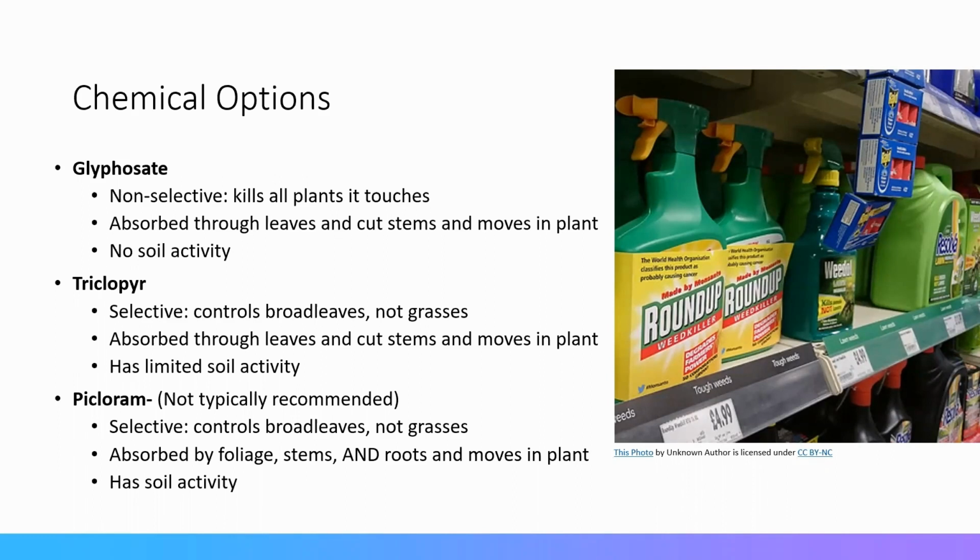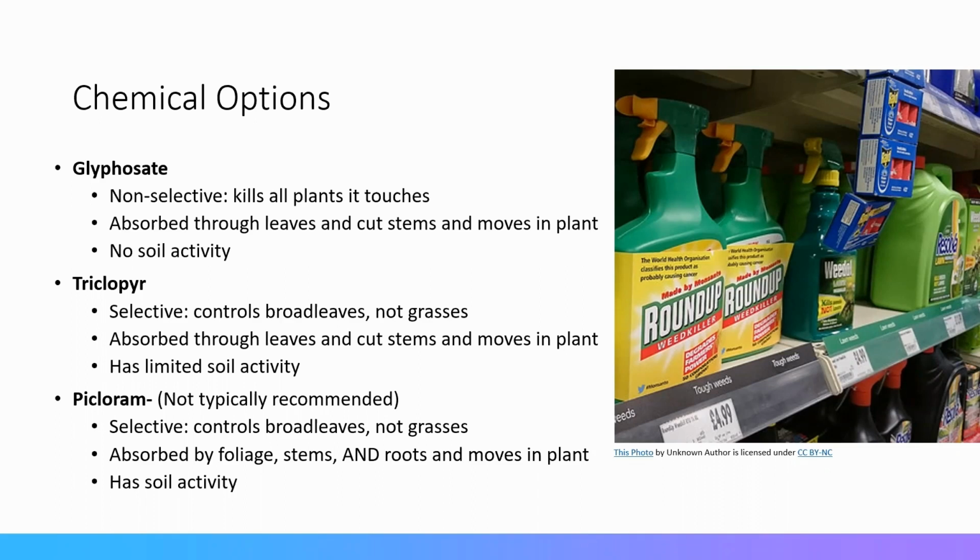Triclopyr is another one that we often see recommended. Now, this one is selective. So it will control broadleaves, which is pretty much everything we're dealing with today, but it will not control or kill grasses. Operates much in the same way as glyphosate, has to be absorbed through a living plant cell, which would be a leaf or the cut stem, and it moves into the plant. Now, this one does have limited soil activity,